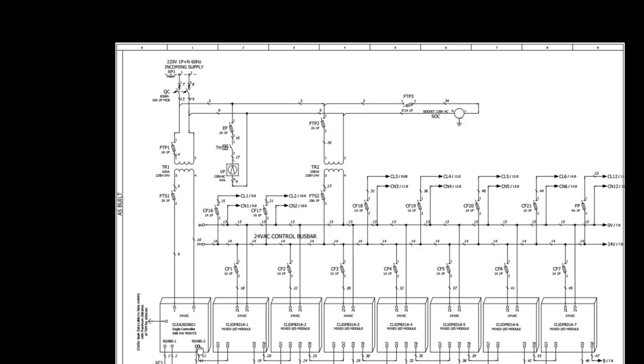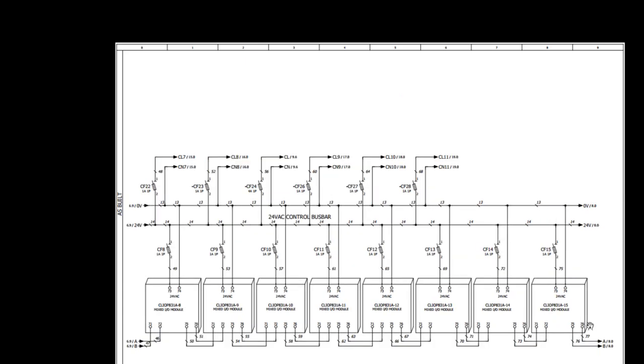Then channel 2 we are using for communication with our IO modules over the panel bus. This is a panel bus communication, so all modules are looped together, and from here it is going to the next module. As you can see, it then comes to the next module, and up to 15 modules we have in this panel. This is a big panel.